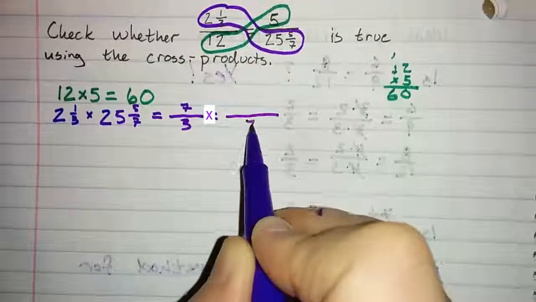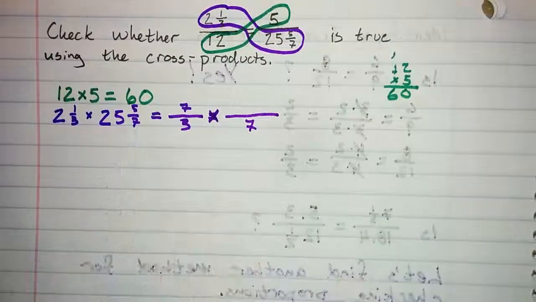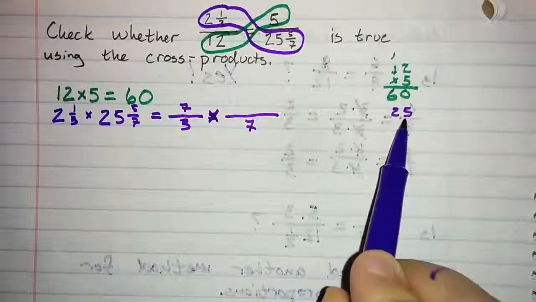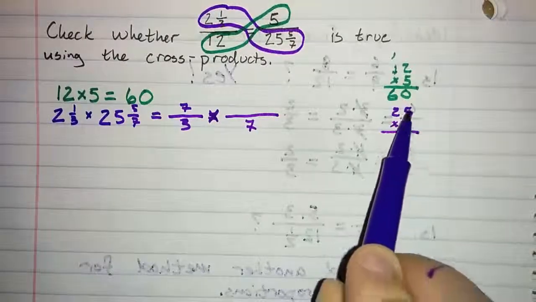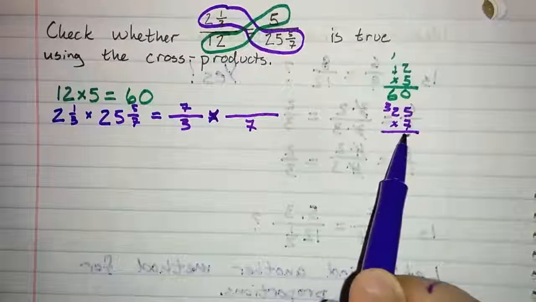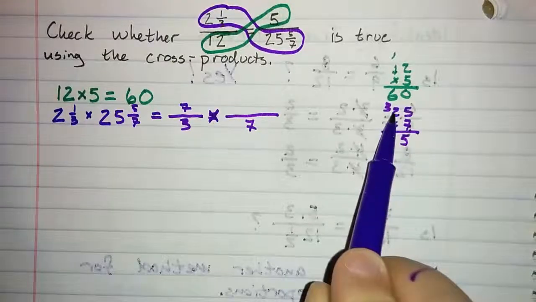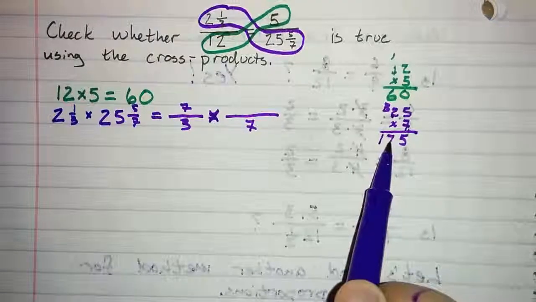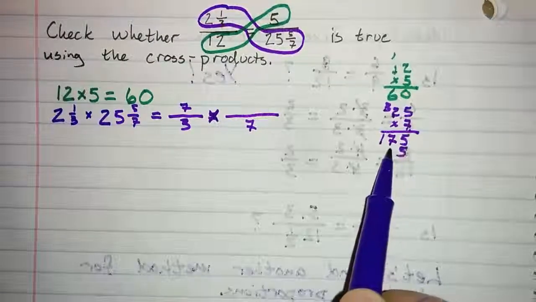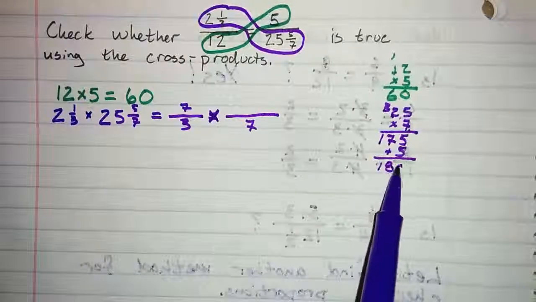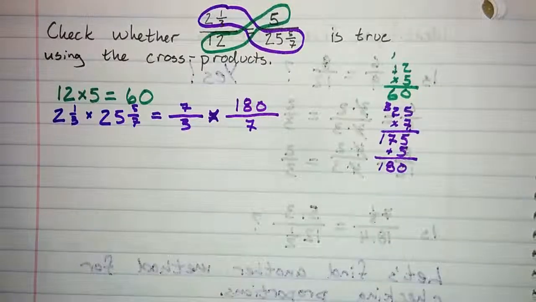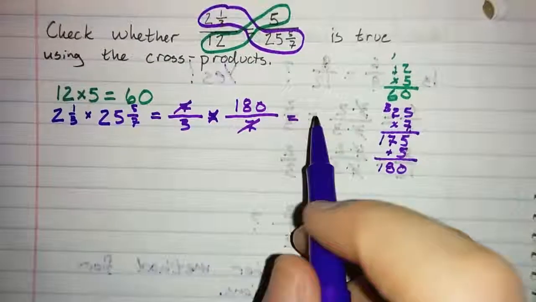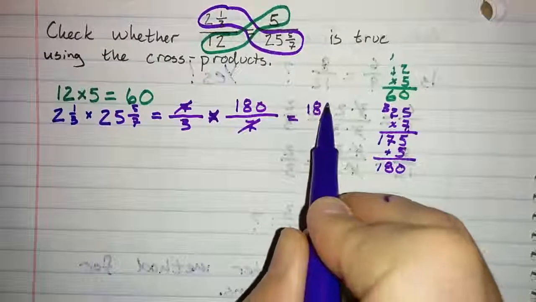The second one is going to be some number of sevenths, but I'm not sure what. 25, 7 times 5 is 35. 7 times 2 is 14, 17. And then we'll add in the 5, and I'll get 180. So let's see. When I multiply these, certainly my 7s are going to cancel. I will have 180